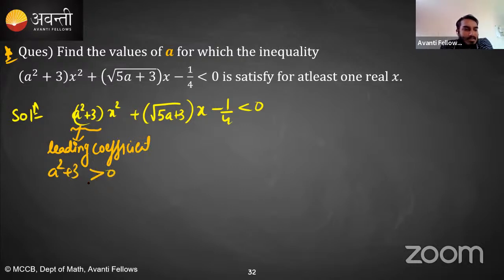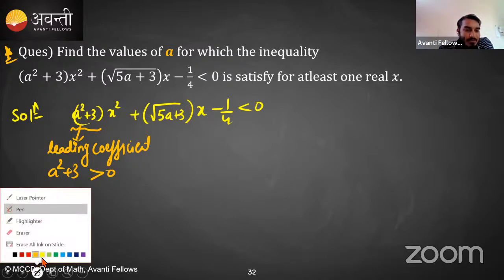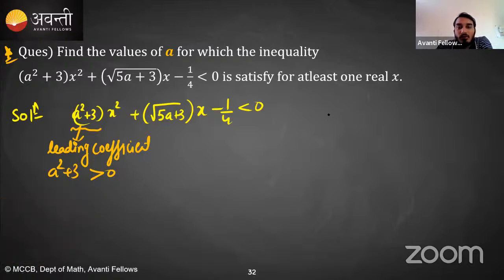It is always positive. So what are the possible conditions if the leading coefficient of this quadratic expression is always positive? According to D, the condition can be that D is less than 0,